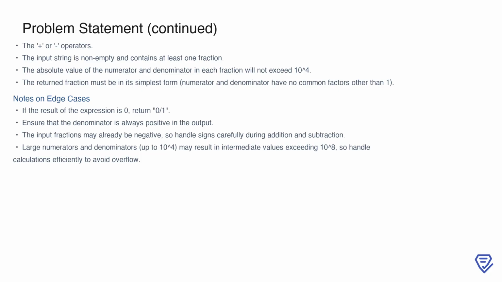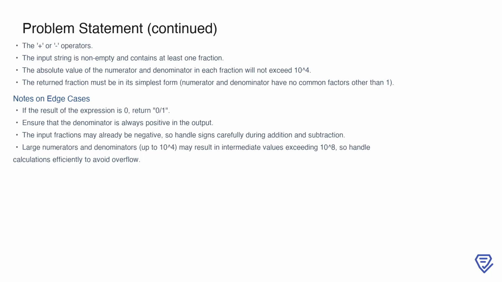Additionally, if the result of the expression is 0, the output must be 0/1. The denominator in the output should always be positive, and special attention is needed to handle negative fractions correctly during addition or subtraction. By keeping these constraints and edge cases in mind, we can ensure that the solution is both